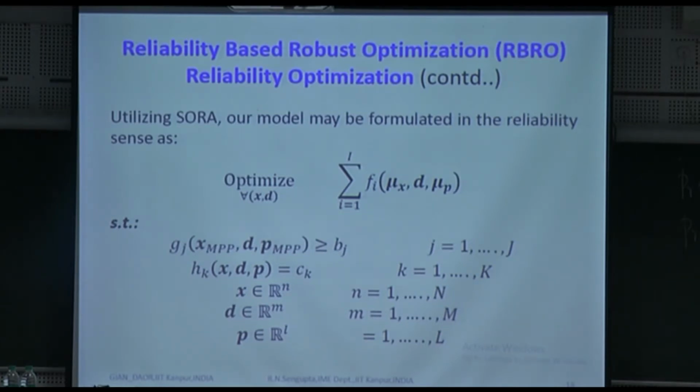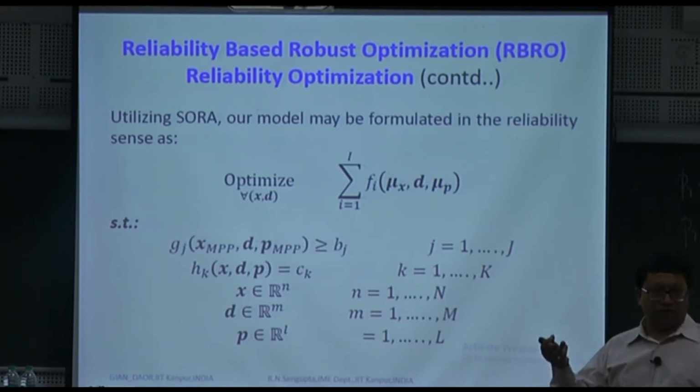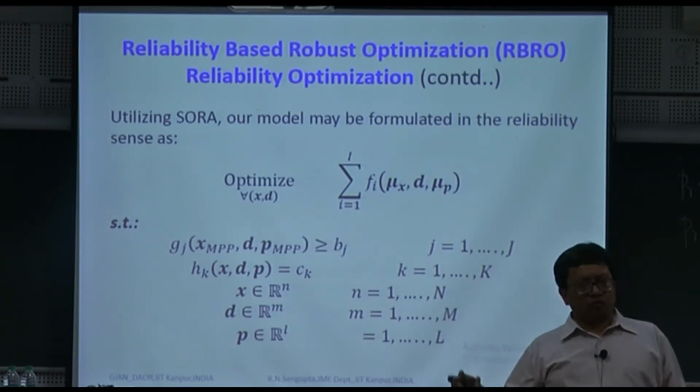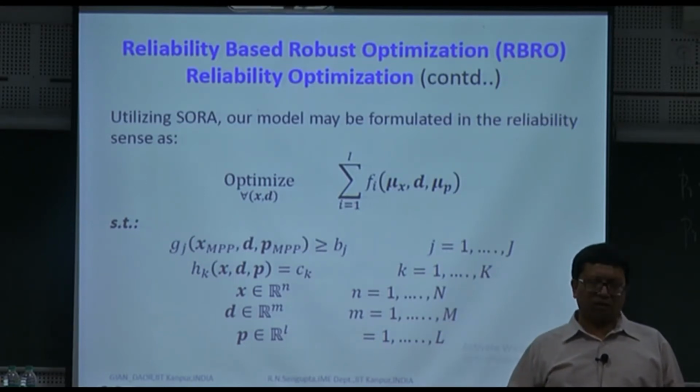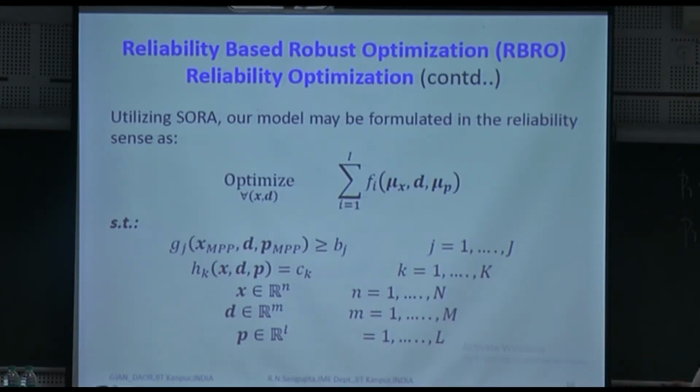So obviously you will ask, from where do I get the mean value of X, and from where do I get the mean values of P? They are basically obtained from past data. If you do not have the mean values, you consider the sample mean as the best estimate, and you can proceed with your problems accordingly.